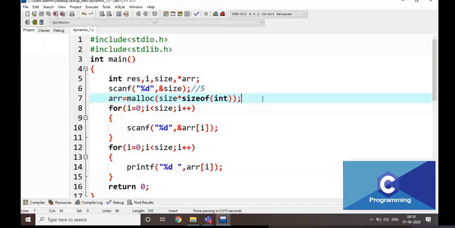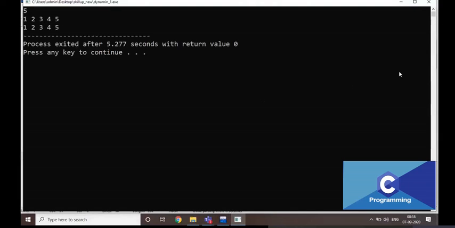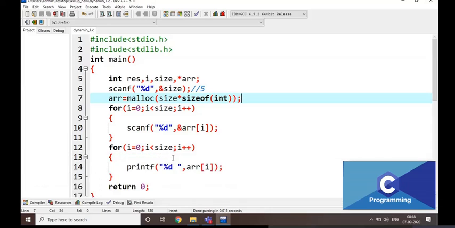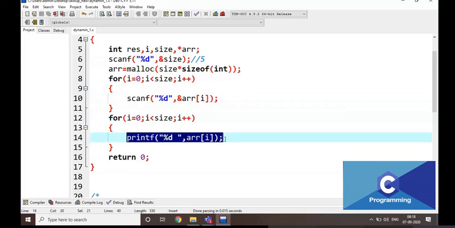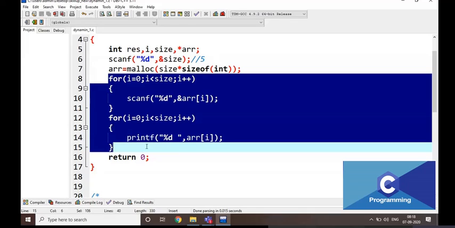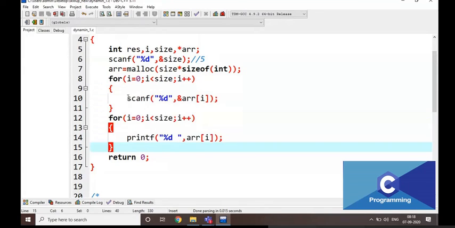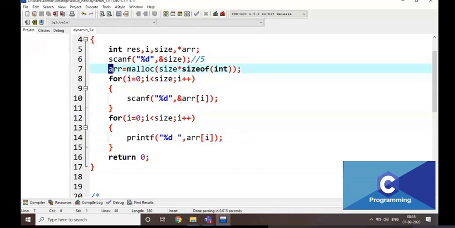That's it. Now I am going to execute this one. 5. I am going to read 5 variables, and it is going to be printed normally. How is it working? It is working normally as an array, right? I am going to read the values as an array. I am going to print the values as an array, right? The same thing. There is no syntactical difference when we are handling dynamic memory locations or static memory locations. We are reading like this, we are tracing like this. Okay, the only syntax that is changed is here.